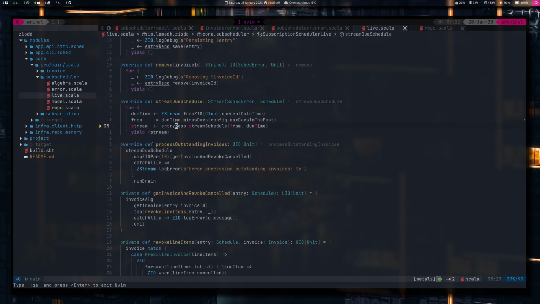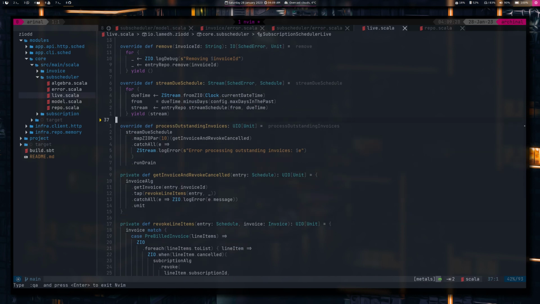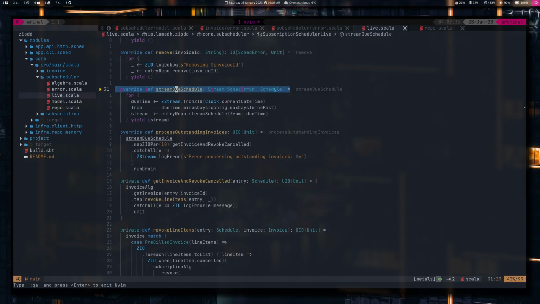the repository. And then also this is one of the most important functions here, process outstanding invoices. So if you still remember, stream due schedule is where we are getting the stream of all of the schedules that are due and need to be processed. So we can just call that. It's actually not calling, we are just using that. Okay, so we are using that, and this is a stream of billing entry, and then for every